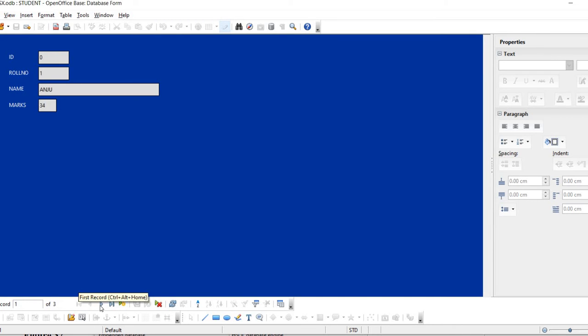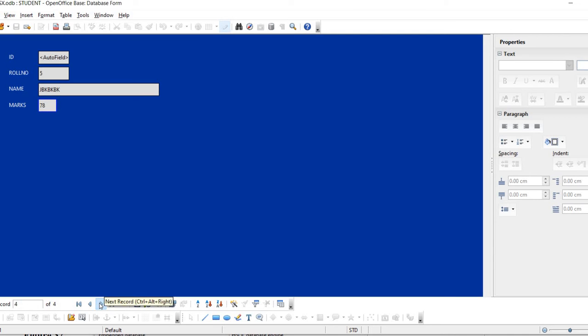You can come back, and if you want to add a new record in the form, it is possible just by pressing the green arrow option. You can press that and add the values, 5, and I'm just entering some values. I'm giving the mark 78.